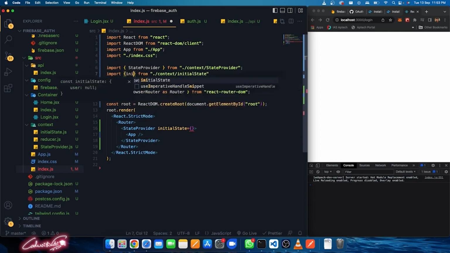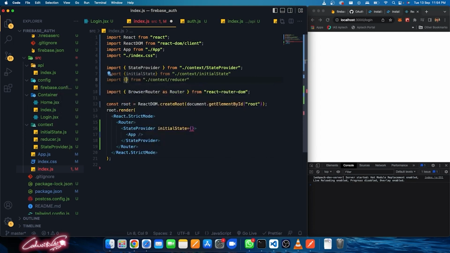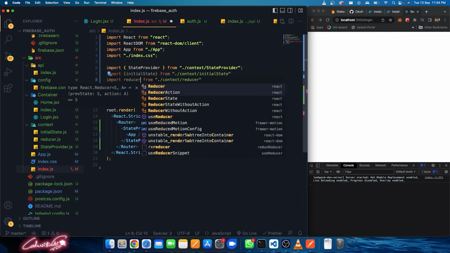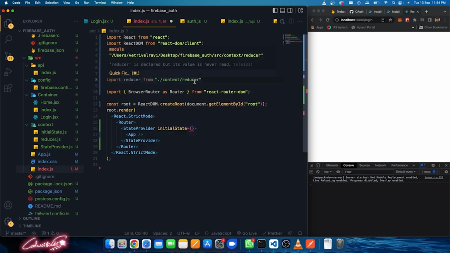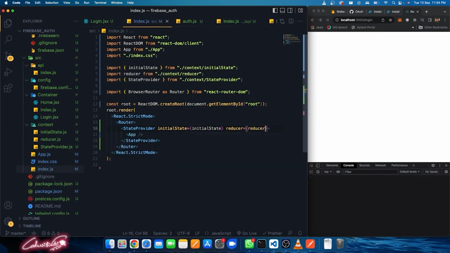Let's bring the initial state and let's bring the reducer. Now here I'm just going to say initial state, and reducer is going to be reducer. Save the changes, refresh it,